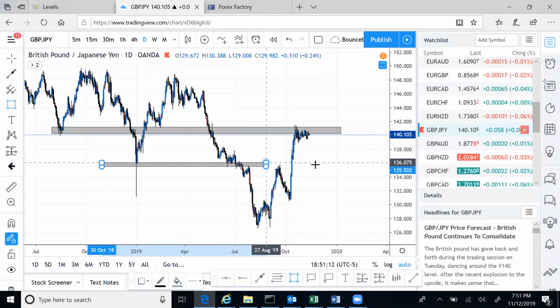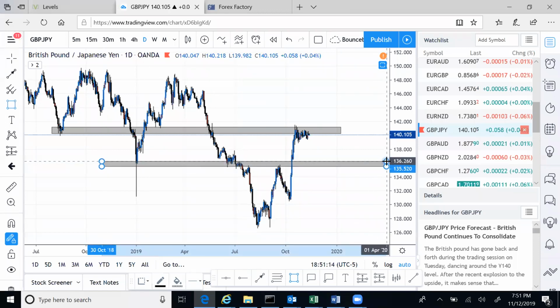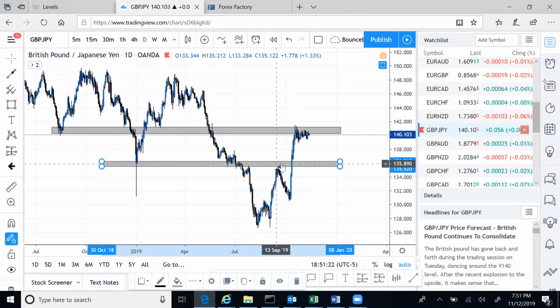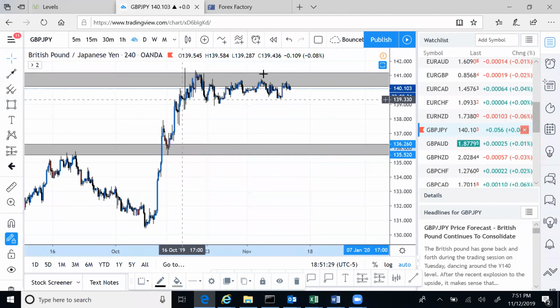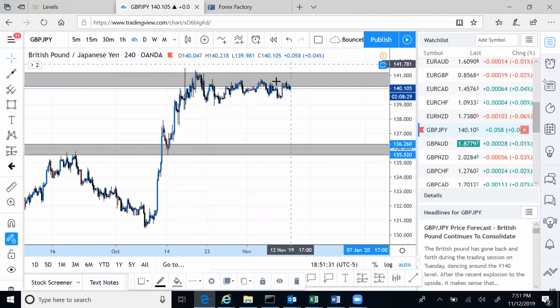Support around here as well. This one may be a little tricky for some of you guys to identify daily support and resistance. That's fine. Just look for the areas that you see major reversals, right? So, GJ. Now, what am I seeing here? I don't quite understand this, and you may not either, right? Which is fine.